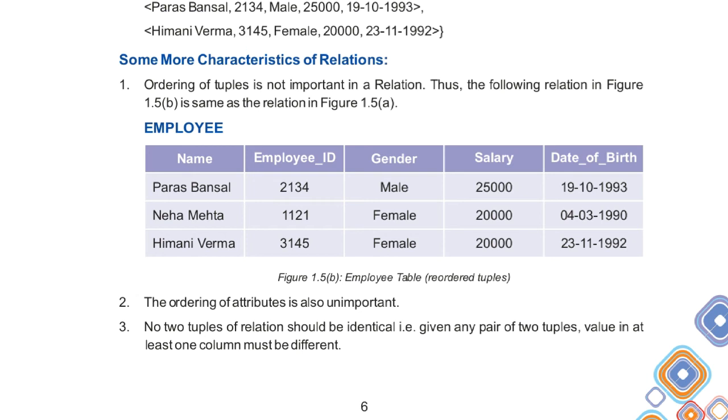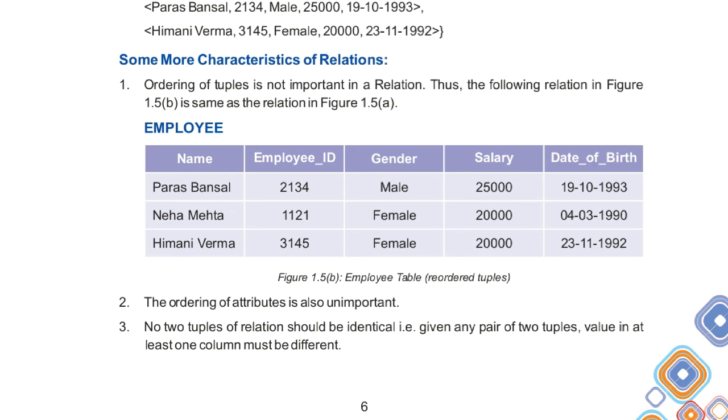So super key is the set of attributes which do not have identical values. Okay, so we can say that an attribute is a super key only when it does not have identical values. So for any attribute to be a super key, it should have different values in the tuples. Okay, so in this